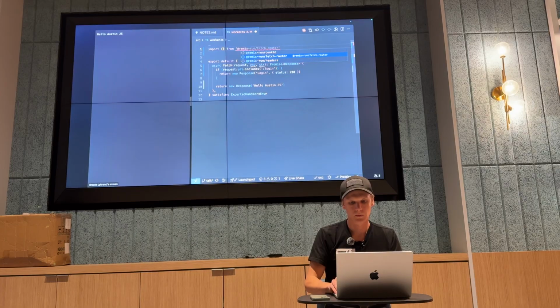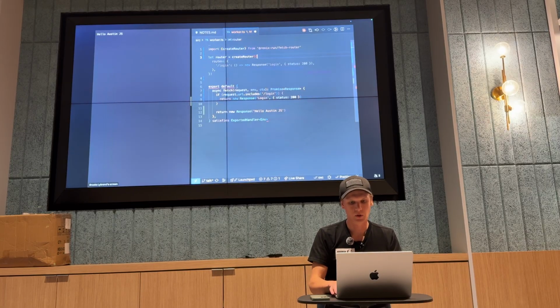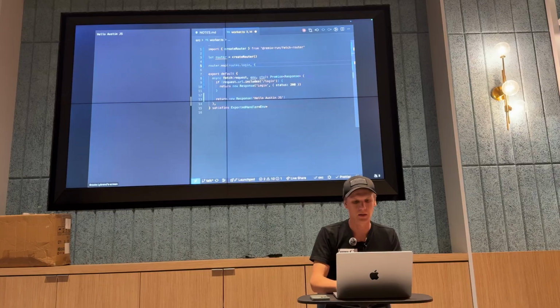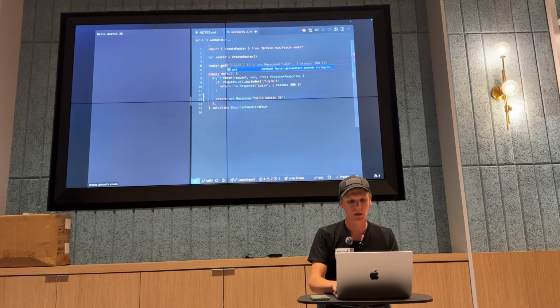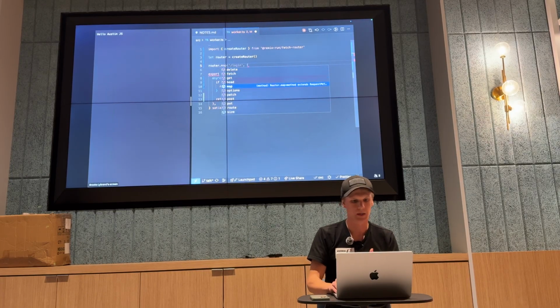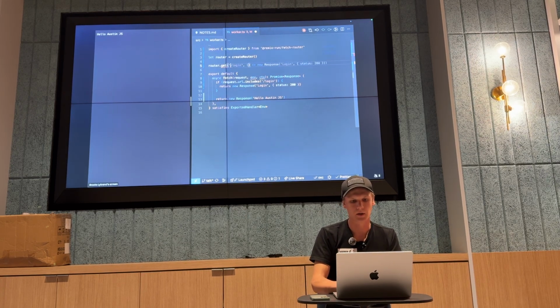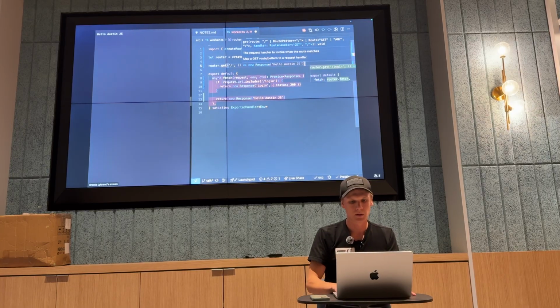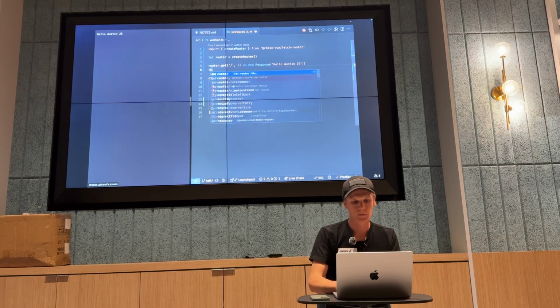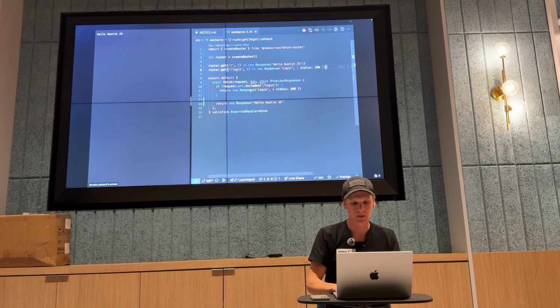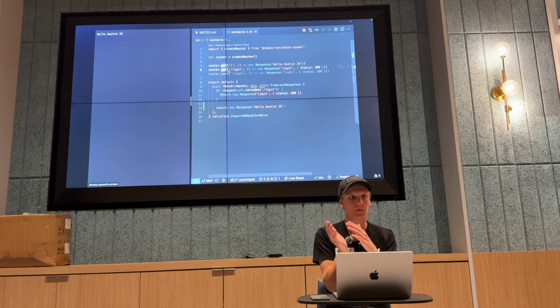we're going to pull in create, not resources, router. And then we're just going to go ahead and set it up. And with it, we can define different things. We can define gets, matches, deletes, post, put, all these different things. So we can say, if they're on the main page, I want to return this response. And if they're on the login page, I want to return this response. So you just do this mapping of URL, like very, very normal stuff, right? Very expressy, right? We're all probably pretty familiar with this if you've done any sort of setting up a